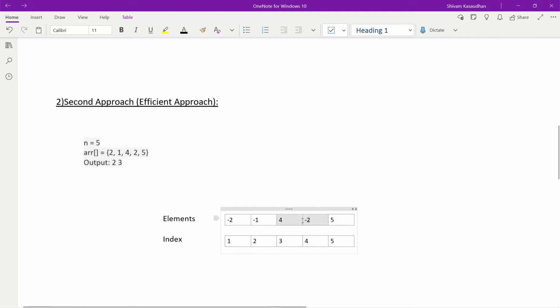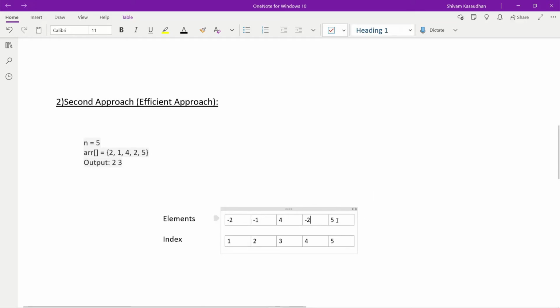Now here is -2, the absolute value of -2 is 2. Now again pointer will come here. Now it will check, like you can see already it is minus over here. So this, from where it came from -2, so 2 is our repeated element. We can return our repeated element as absolute value of -2. Now pointer came over here, now it's done.